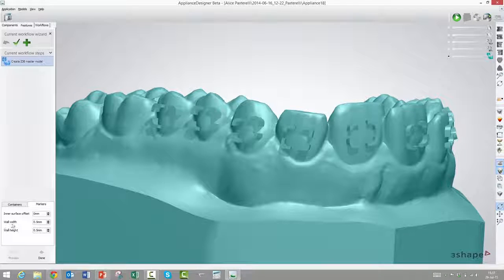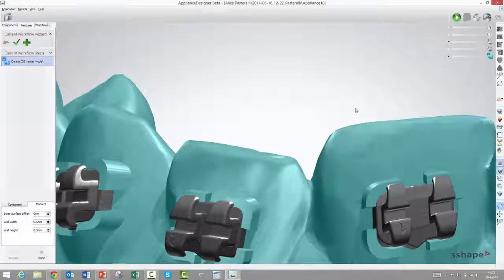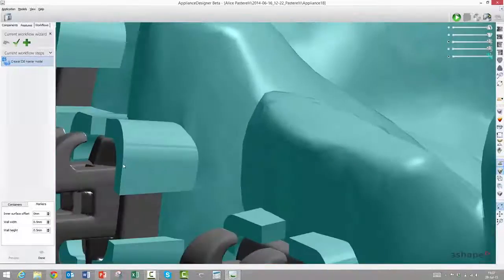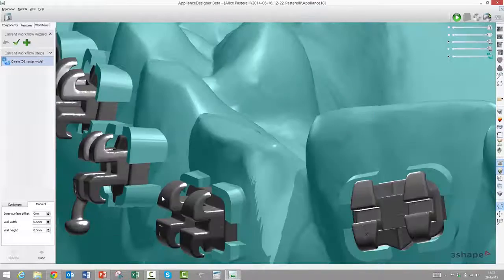The next two are the wall width and height. You can almost guess what that does. Maybe a quick word on what they are used for. Especially the height could be useful, because if we have a bracket with a very low profile, where maybe the wings are very close to the tube surface, then we may need to reduce the height of the walls here to make sure that they don't collide.